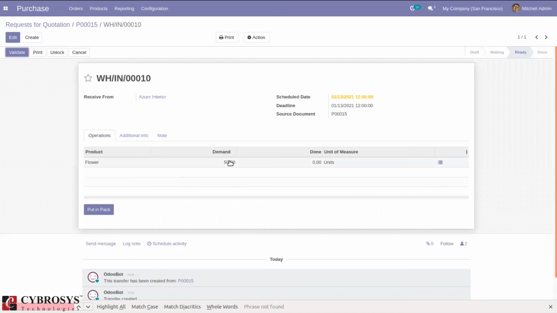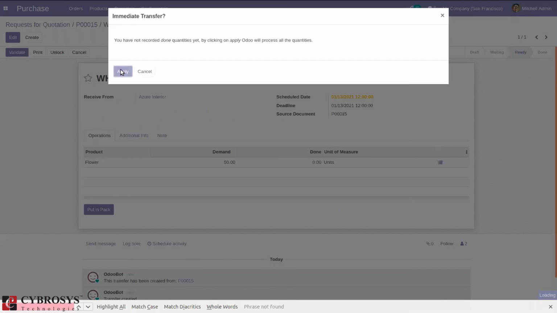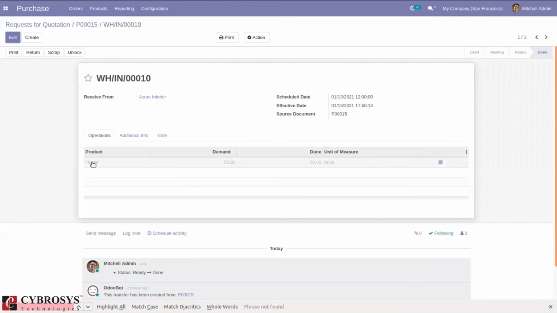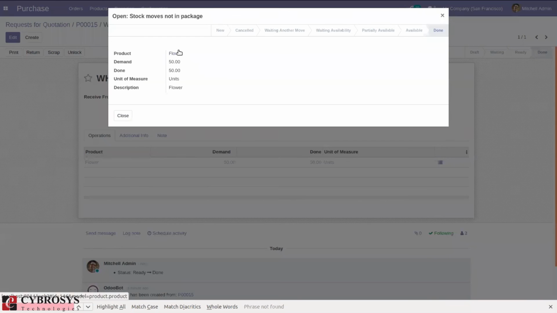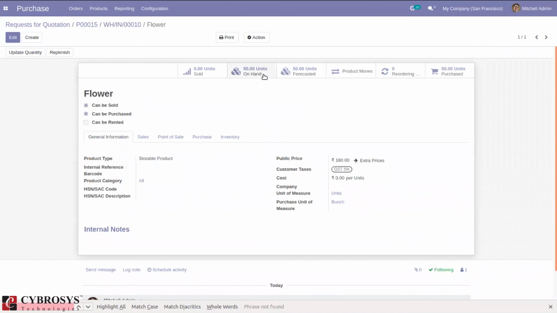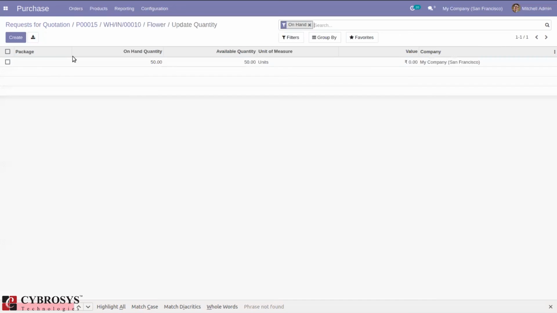So 2 into 25, that is 50 units of flower is purchased. So you can validate the receipt from here. And after validation, when you check the flower, you can see the on hand change to 50 units.